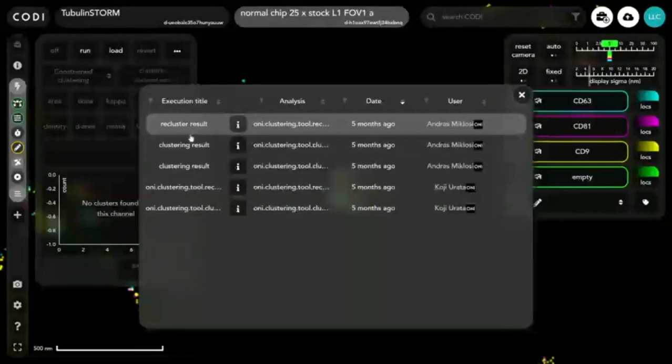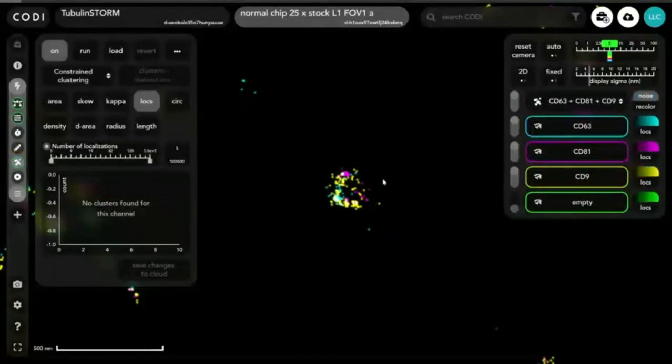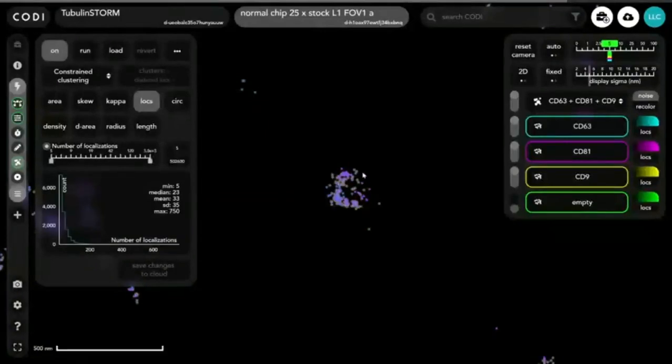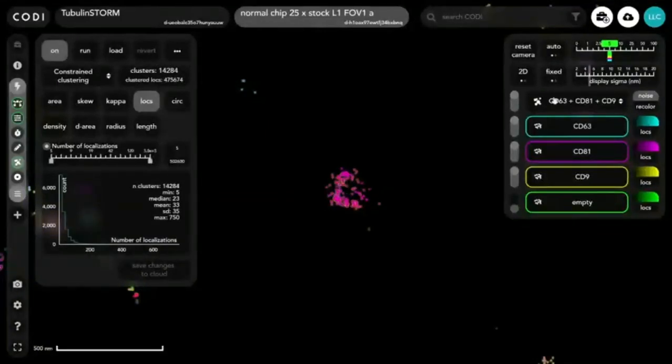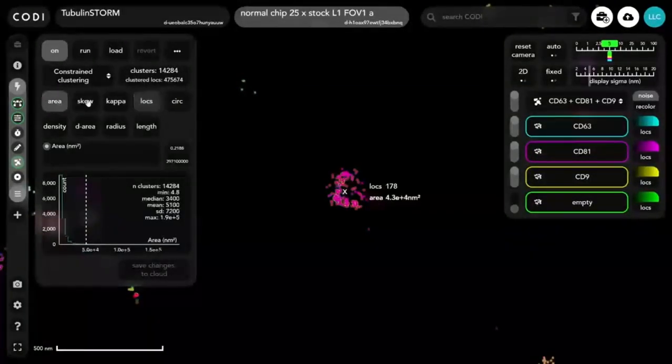So now I am just accessing the clustering result that my colleague Andras did some time ago, and he has already set specific parameters. And you can see the clusters here. I can turn them on and off, and this is very nice. Now if I click on a cluster, I can get information on the localizations and on the area of these EVs. And again, if I want to optimize my parameters, I could play around with the different parameters that we have,